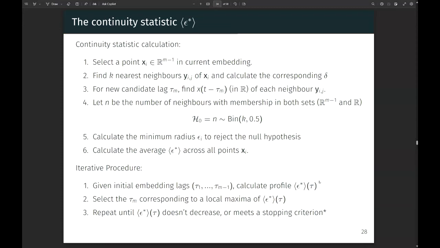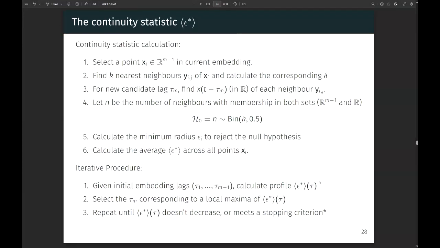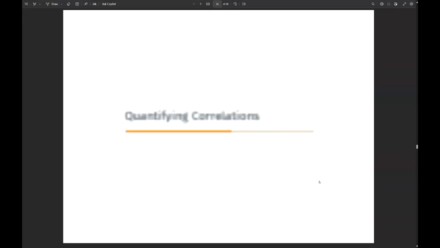And essentially what you're going to do is calculate various epsilon. So you get a profile for the average epsilon you need to guarantee this kind of continuity for different values of tau. You'll get a profile, and that profile is then used to estimate given lags, and you do that iterative scheme. The problem is this approach requires you to define some kind of confidence interval, which is fine, but we're trying to maybe, can we improve on that essentially?